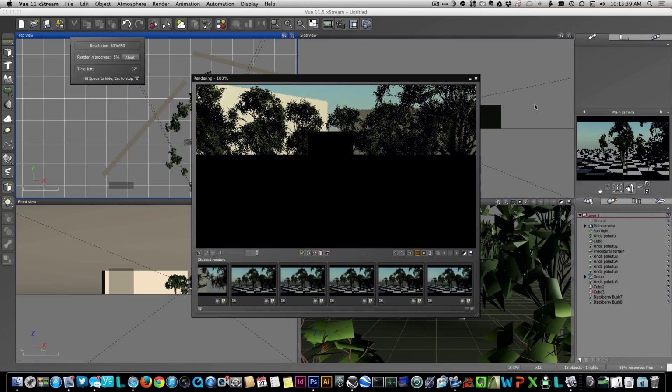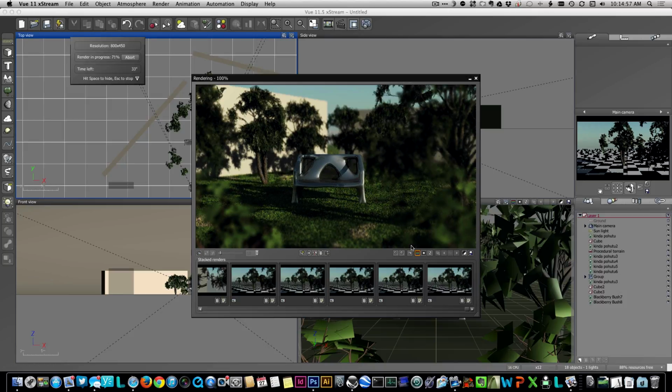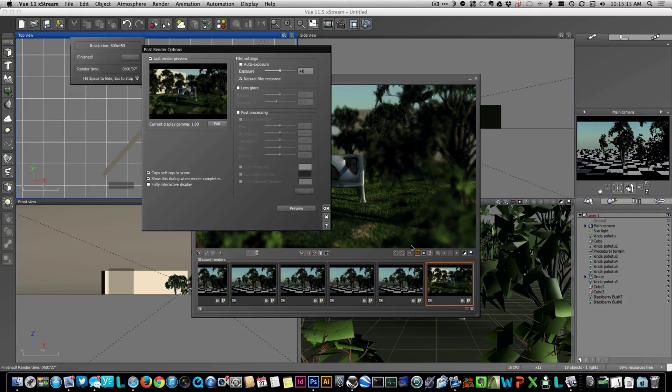Actually, one little thing is, there is some glass in this. I just remembered that chair has some glass panes in the back of it. So that's not going to quite work. Yeah, well. Alright, so there's our fast